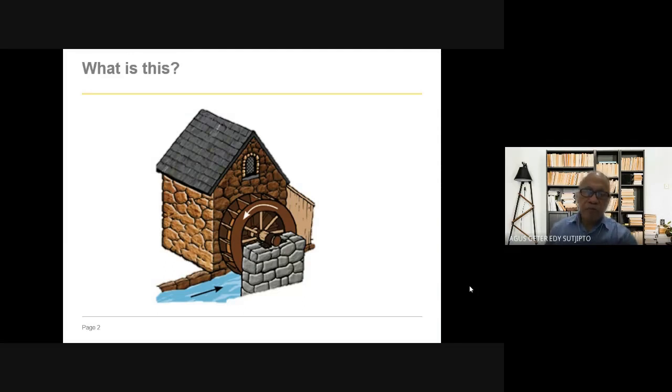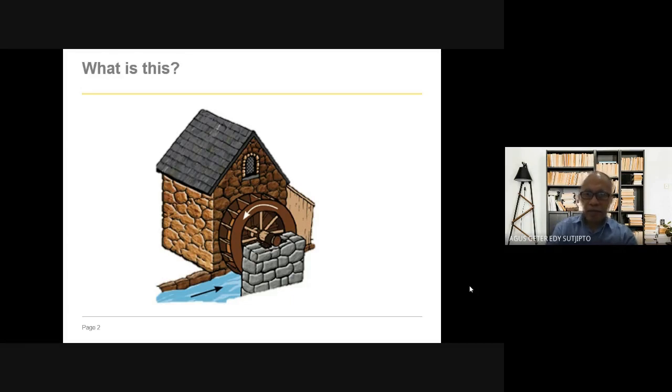So before that, see what is this? We can see this is the traditional way to drive a generator, right? Using the water, river, and then the kincir air, the water wheel.